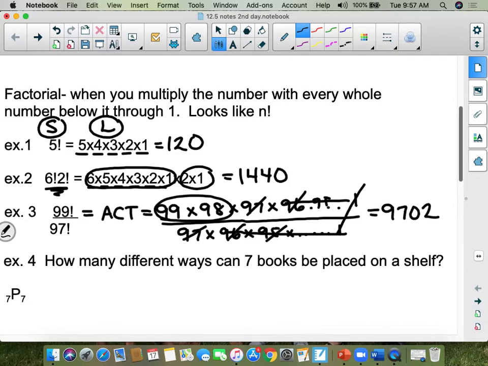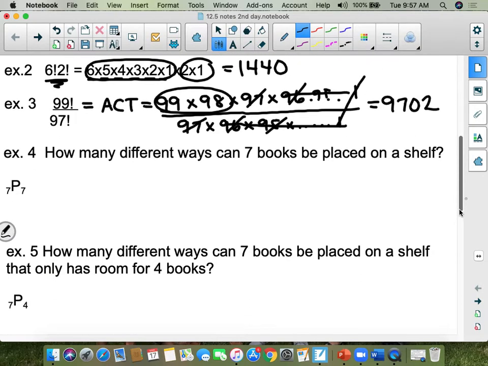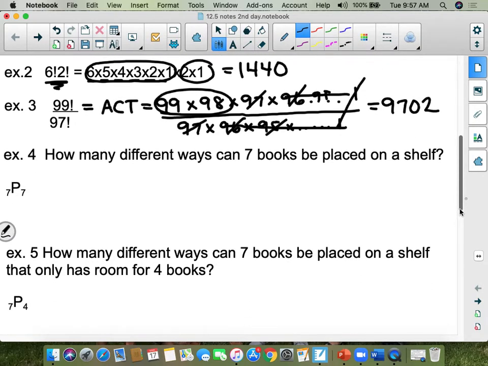Okay, let's just use our calculators to finish this. How many different ways can 7 books be placed on a shelf? So you're placing 7 books 7 times. Remember, this is the bigger number, this is the smaller number, but they can also be the same. It doesn't matter. All you do is you plug 7 in, you hit your PRB button, find the permutation and put 7 in again. This is the quick way, and you're going to get